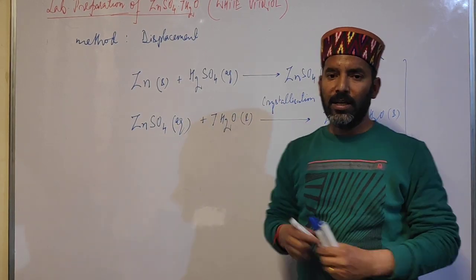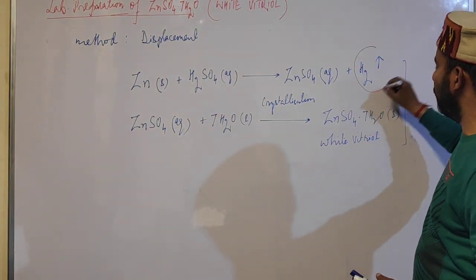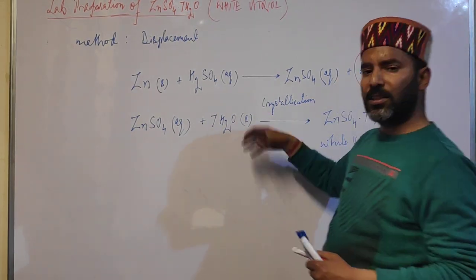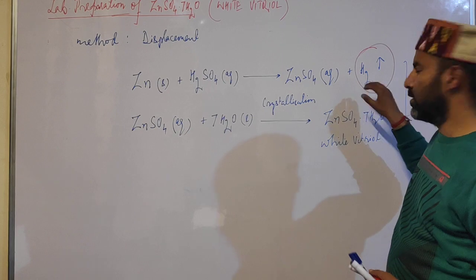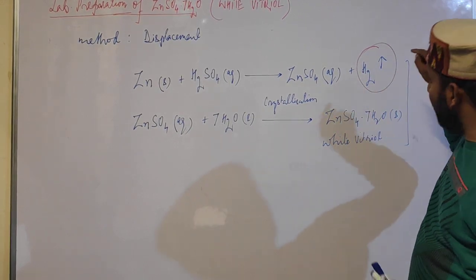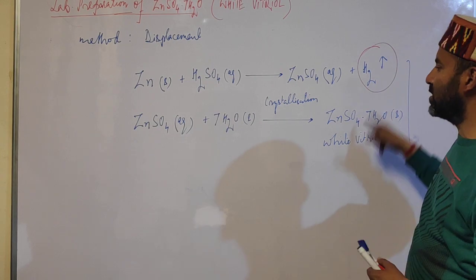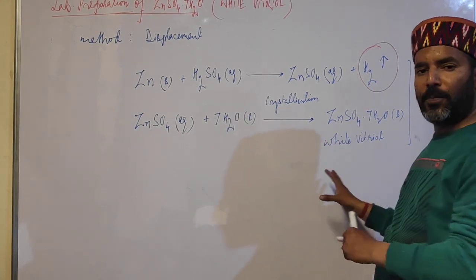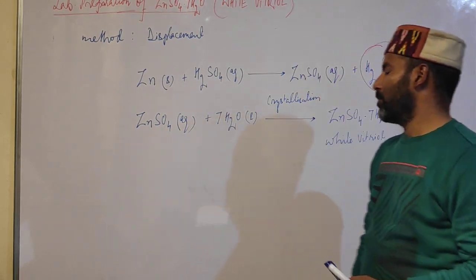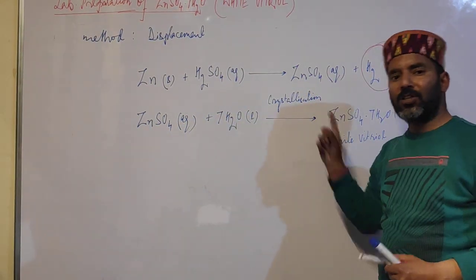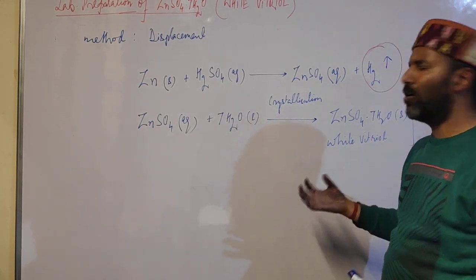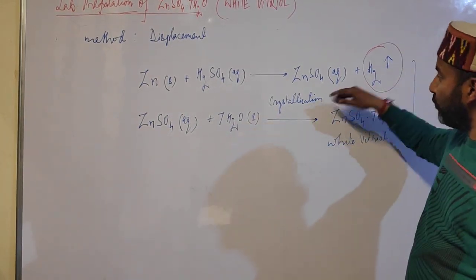bubbles will come out. That will be due to the evolution of what? Hydrogen gas. So we'll keep on stirring the solution until the evolution of hydrogen ceases. Now once the evolution, that is effervescence, ceases, we will stop adding more metal. Now then we filter the solution so as to remove any unreacted metal or any other impurity, and the filtrate